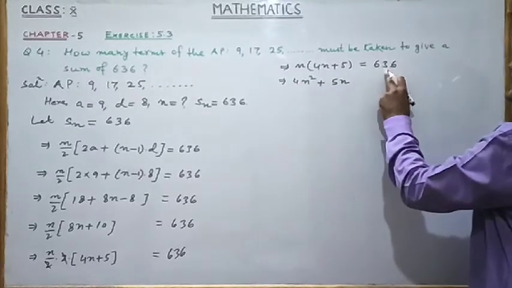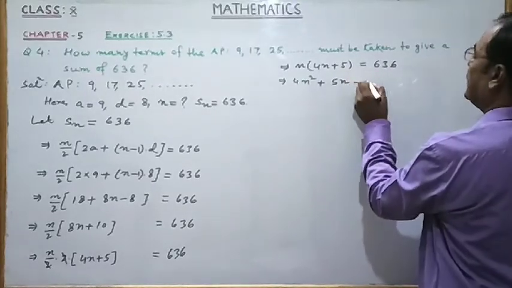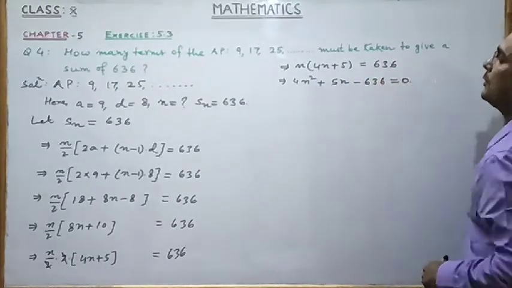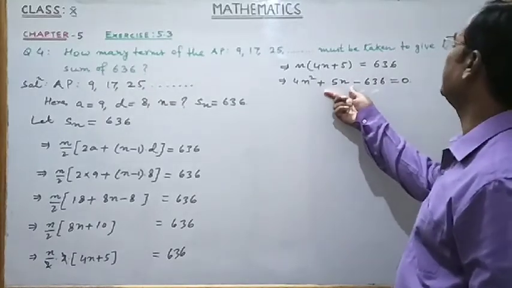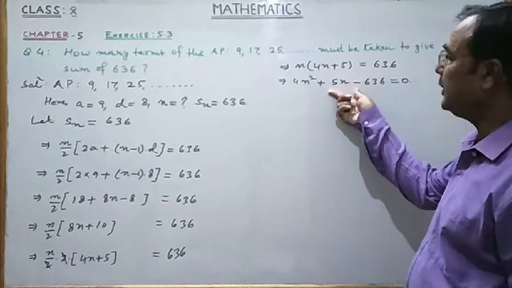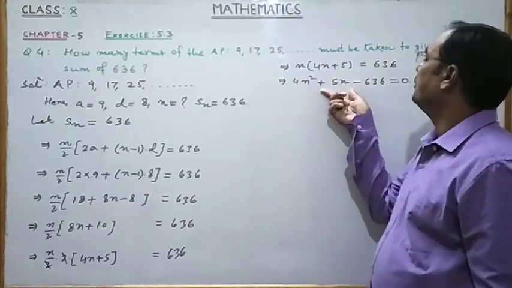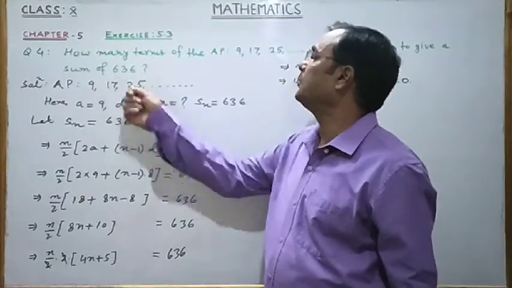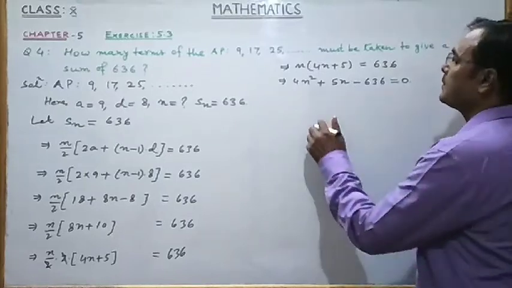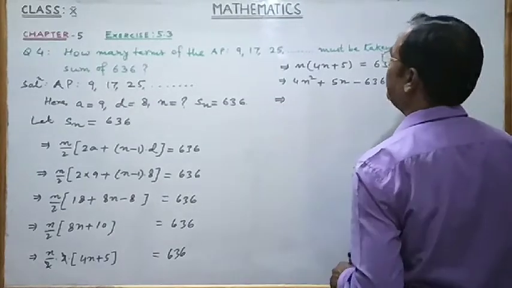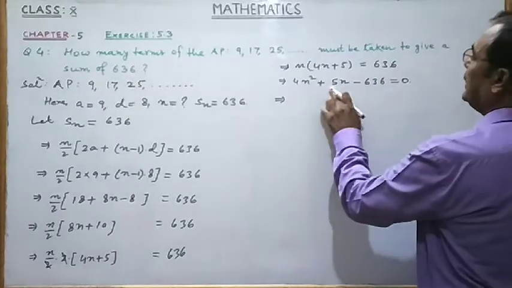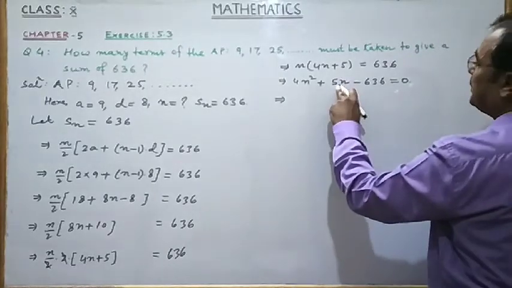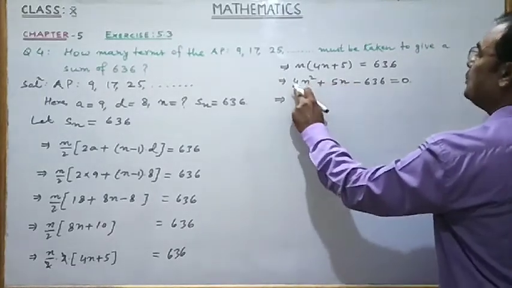transpose 636 from right side to left side. It is minus 636 equal to 0. Now this is a quadratic equation in terms of variable n. Solving this quadratic equation, we shall find out the value of n, for which the sum of the terms is 636. So let's solve this quadratic equation by factorization method. And in that we need to split up this middle term 5n. To split up this middle term 5n, we need to have 4